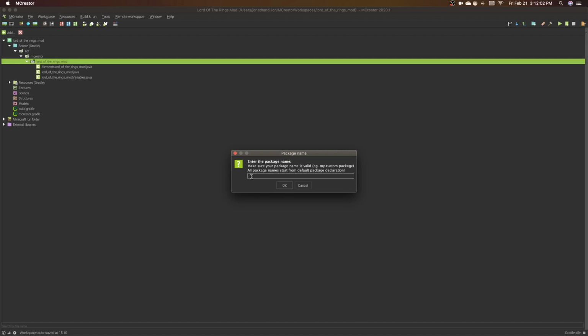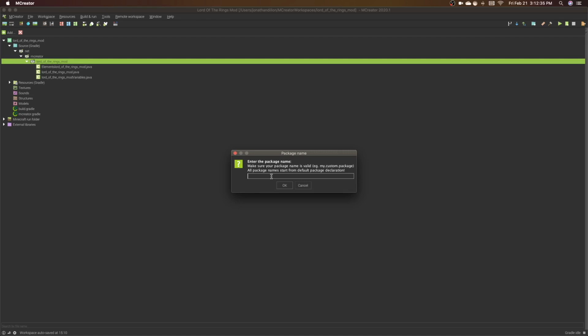When you add a package, you do not want to just type in the name of the package. You will want this to go into your mod folder. In my case, lord_of_the_rings_mod. So we need to go into that, and this starts from the source Gradle, as it is called here,